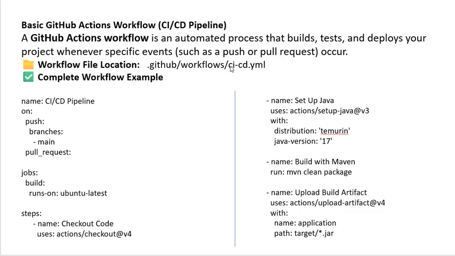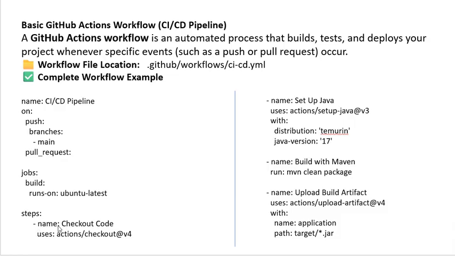.github/workflows/ci-cd.yml. The complete workflow example: first, give it a name, so name: CI-CD pipeline. Then on: push: branches: - main, and pull_request. After that, jobs: build: runs-on: ubuntu-latest, and then steps: